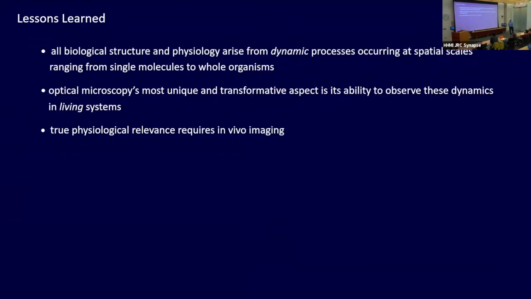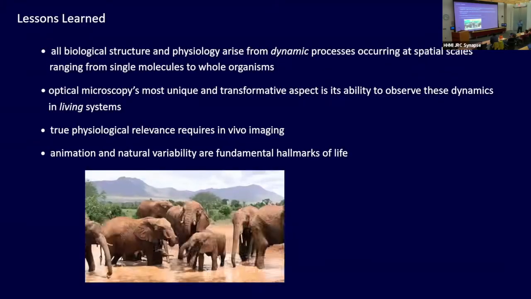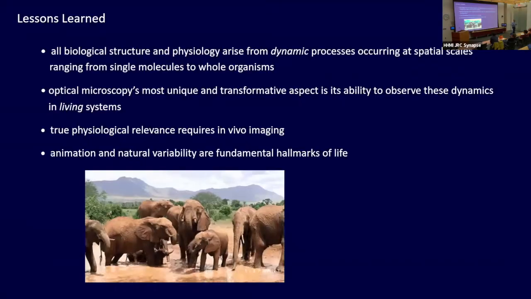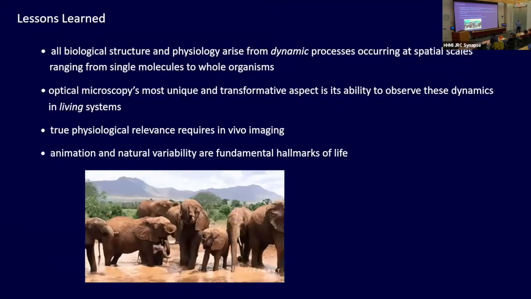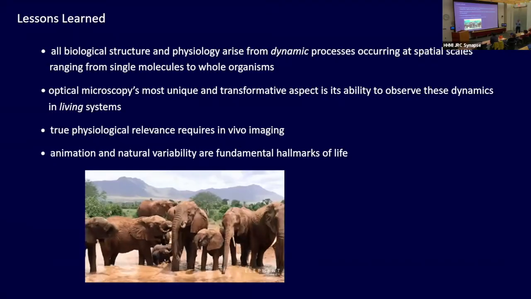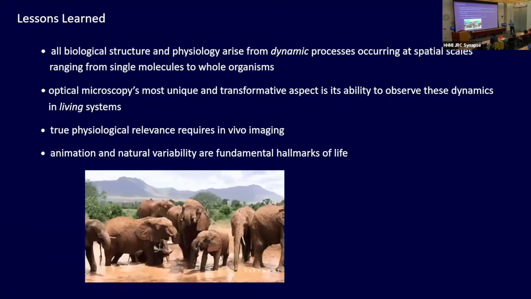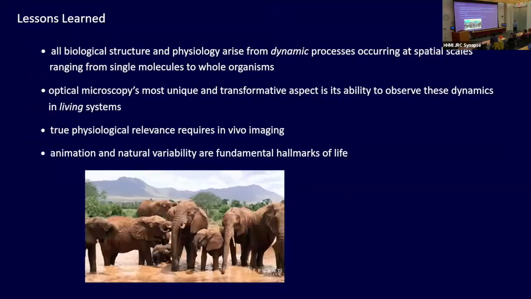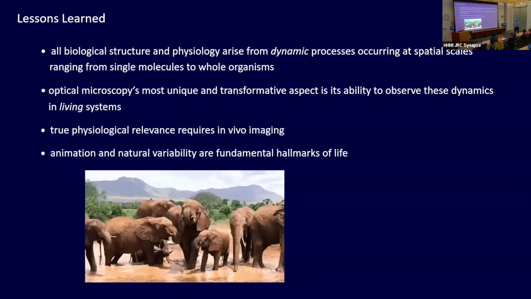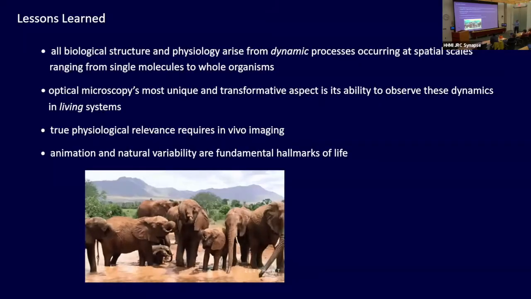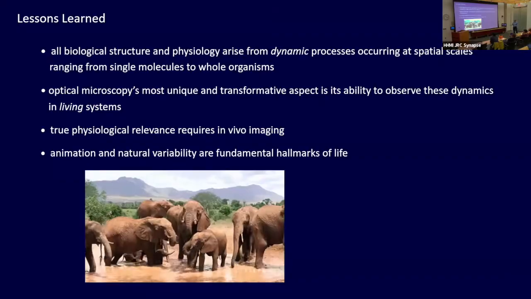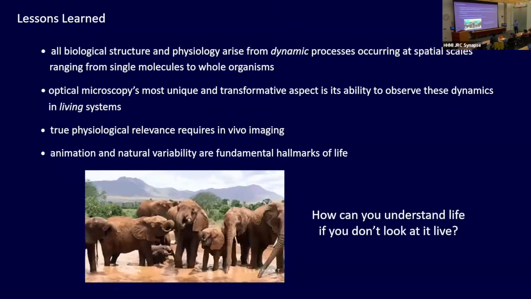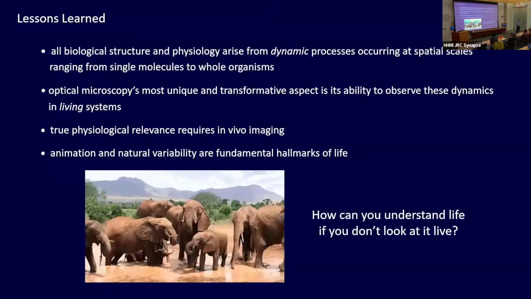So true physiological relevance requires in vivo imaging. And finally, animation and natural variability are the hallmarks of life, okay? So you have to understand that animation is what defines us, it's what defines living things. And there is a lot of natural variability, a lot of stochasticity at various levels. So the three methods, biochemistry, structural biology, molecular biology, they ignore this. And so most of biological science ignores these elephants in the room, this variability, this animation. That's what defines life. So I keep saying, how can you understand life if you don't look at it live? That is the correct